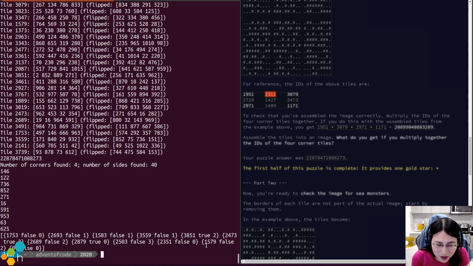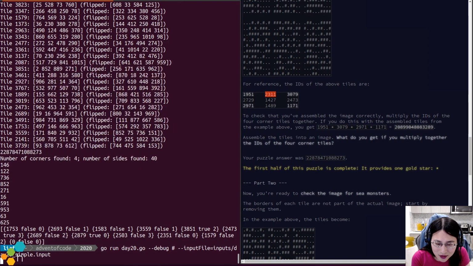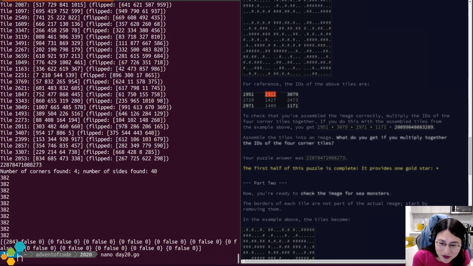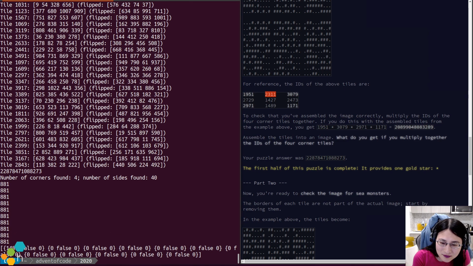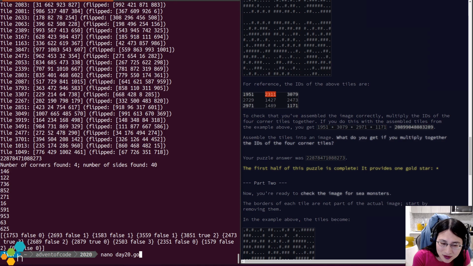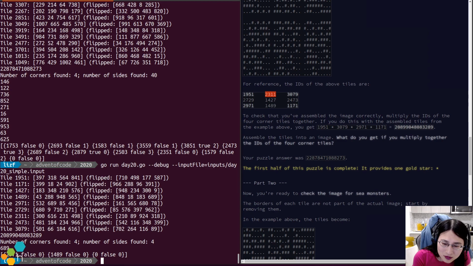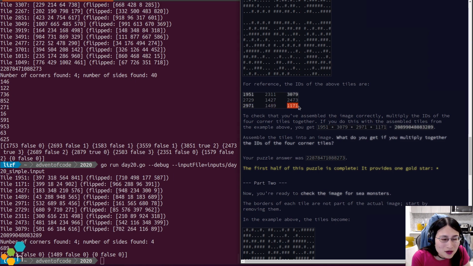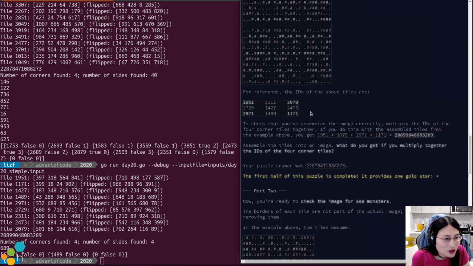I'm a little bit alarmed that this is not necessarily doing the rotations correctly, but so why is it sometimes failing to match? Because sometimes it is actually able to find a full side, but sometimes it's not, and that's very disturbing. Okay. Let's run it on the simple input. 2791. Okay, and then it finds that 1489 matches. Okay, that's fine. It's kind of arbitrary which side you start with. That's fine.